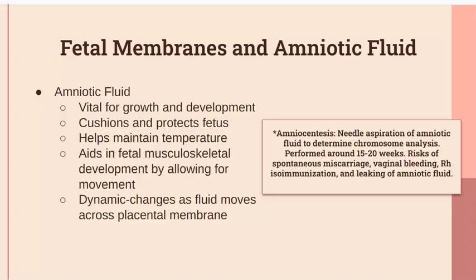There's something called an amniocentesis, which is needle aspiration of amniotic fluid to determine chromosome analysis. This is performed around 15 to 20 weeks at the beginning of the 2nd trimester. It's important for nurses to know that there are risks: spontaneous abortion, vaginal bleeding, RH isoimmunization, and leaking of amniotic